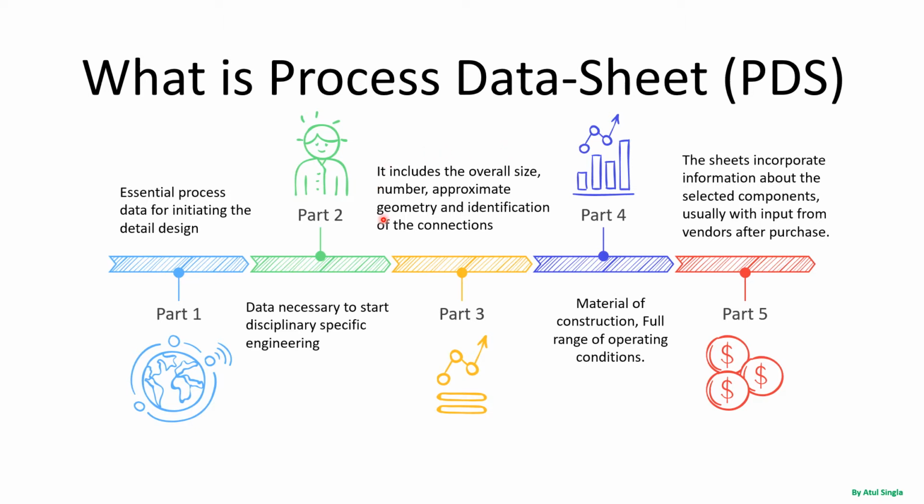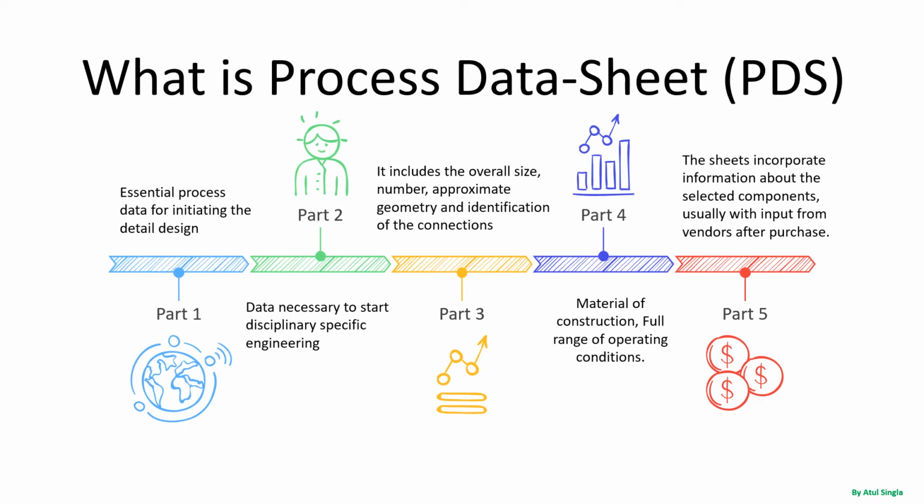Right, this document will be including a lot of things, for example, the overall size, approximate geometry, identification of various connections. If you look at any process datasheet, there will be some tentative dimensions, right? All the nozzle connections will be there along with tentative sizes. So those kinds of information will be there. Then along with this, there will always be information related to material of construction and full range of operating conditions, right? This kind of data will be very useful for any other discipline to start their own